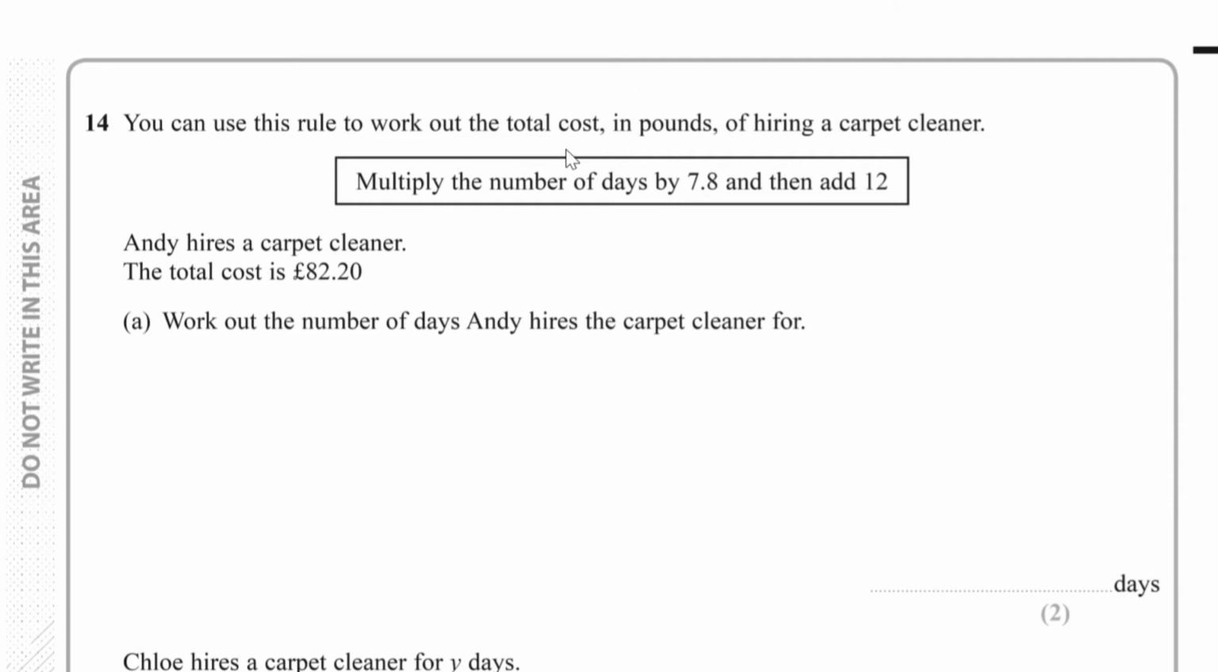Question 14. You can use this rule to work out the total cost in pounds of hiring a carpet cleaner. We multiply the number of days by 7.8 and then add 12. Andy hires a carpet cleaner. The total cost is £82.20. We have to work out the number of days Andy hires the carpet cleaner for. So let's suppose that the number of days is x. What we do with x is we multiply it by 7.8. And that's because of what we were told in this. We multiply the number of days by 7.8, and then we add on 12,